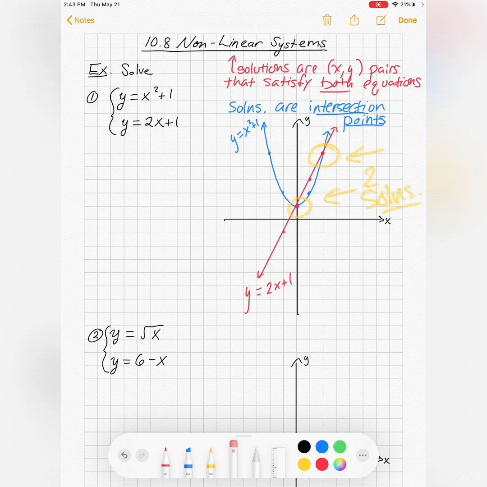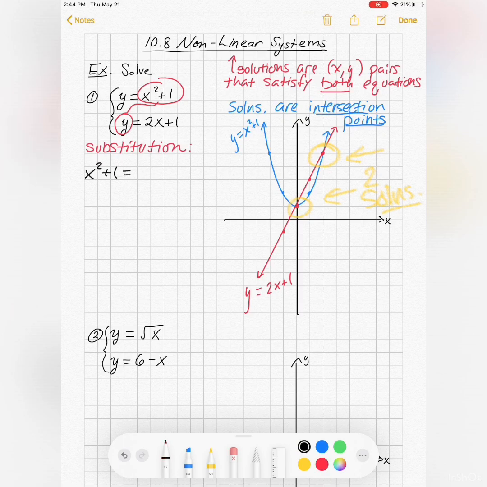So what is another idea for solving systems? One thing you could do is the substitution method. We've done this before. This is where you solve one of the equations for either x or y, and then substitute that into the other equation. That's a really easy thing to do in this problem because both equations are already solved for y. So if I do a substitution,